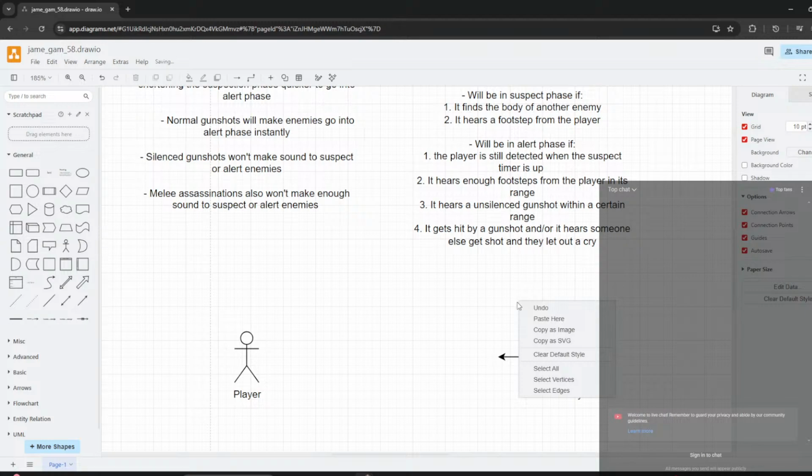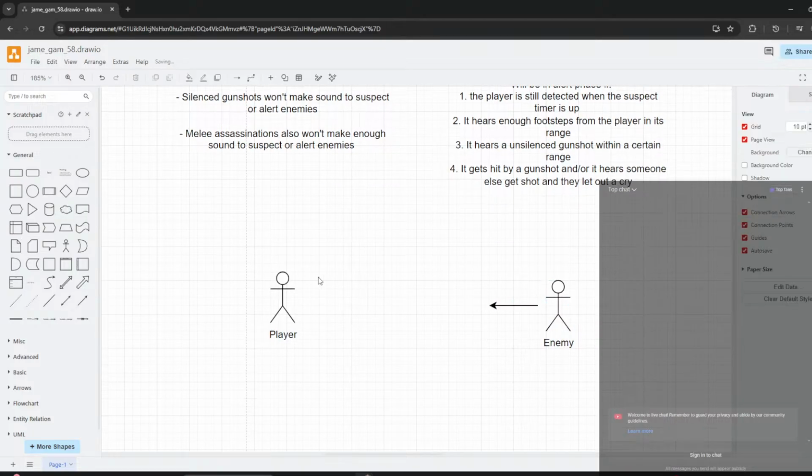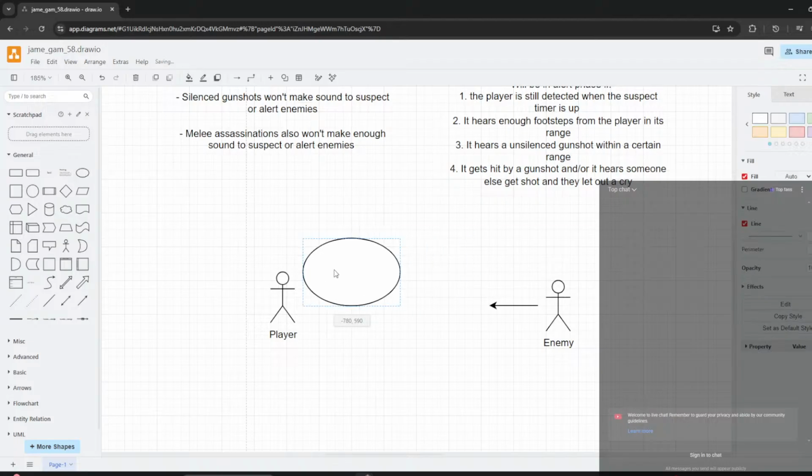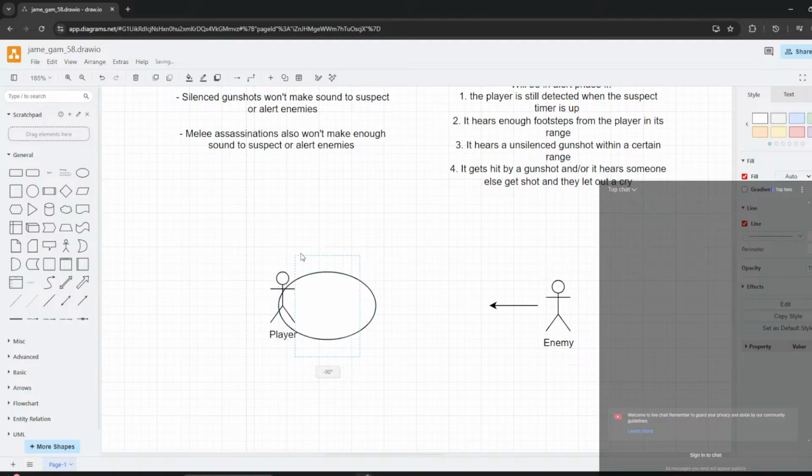So, to back. Yeah, I'll make it a bit obvious where